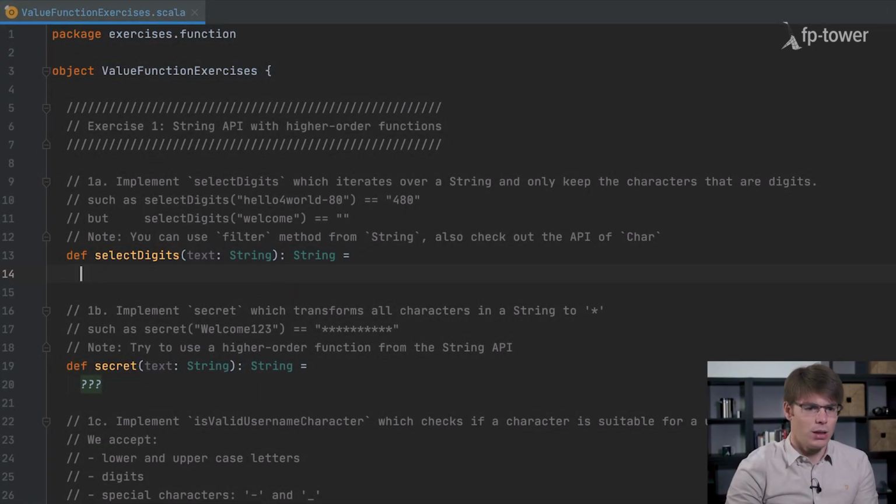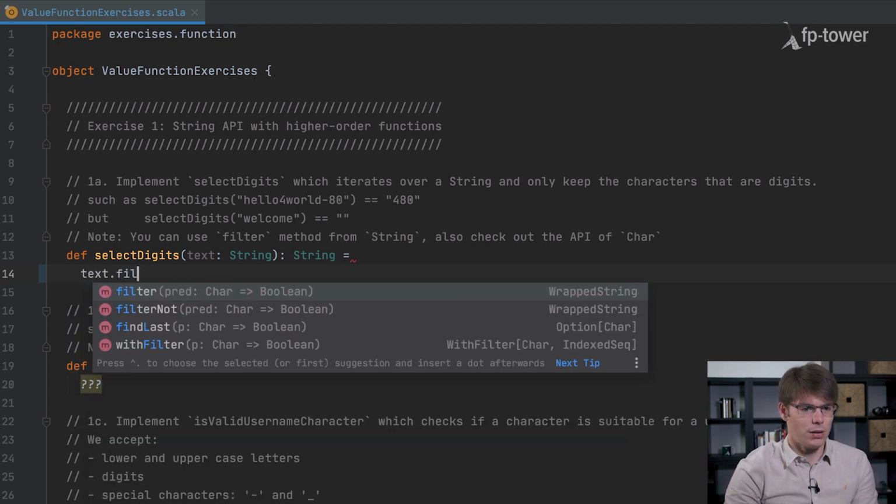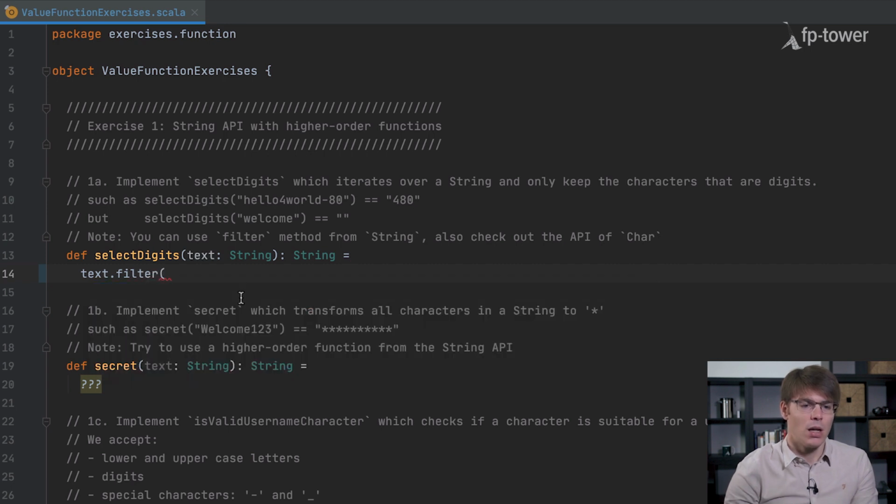Okay, so let's do text.filter, and as you can see, filter expects a predicate function from character to boolean that determines which characters we are going to keep. So how do we write this predicate function? We first need to define the input, so we can write c colon Char, meaning that this function takes only one input c and it's a character. Then we have an arrow, and then in the body of the function we need to return true if c is a digit. So we could write c equals 1 or c equals 2 and so on, but it's a